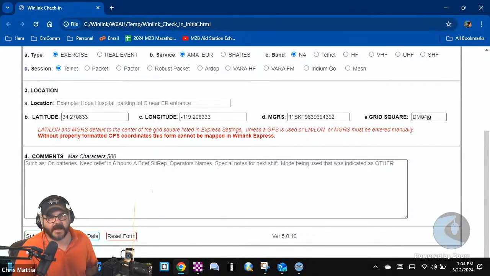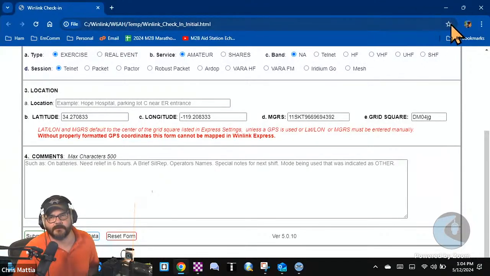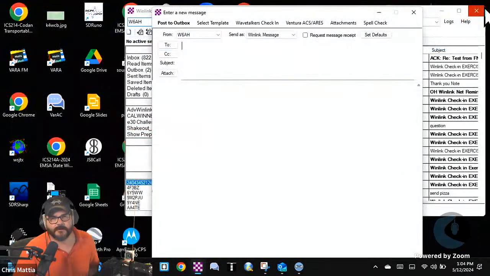Down near the bottom, there's a submit button. Go ahead and give that a click. When you do, you'll get a couple of pop-ups here. You can just keep clicking OK until your screen goes blank, at which time you can simply close your browser, and you should see all of your form data